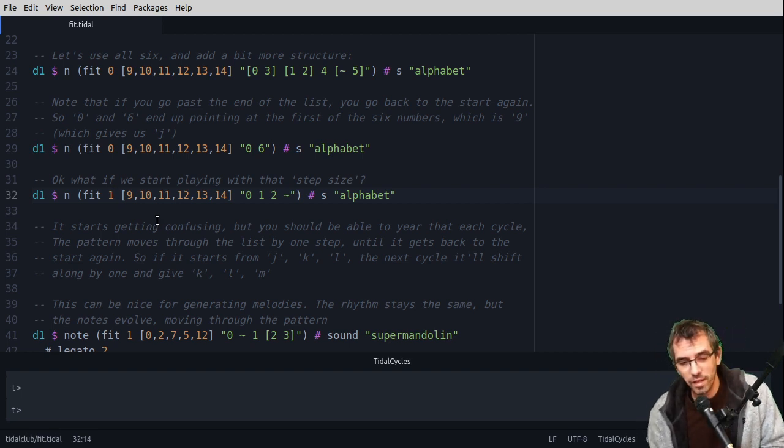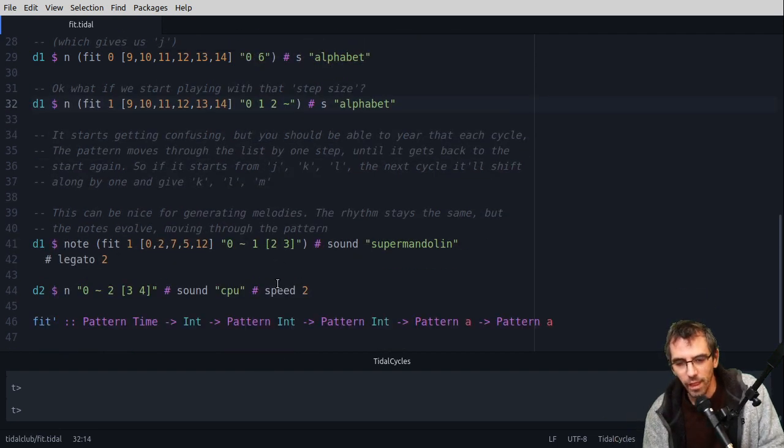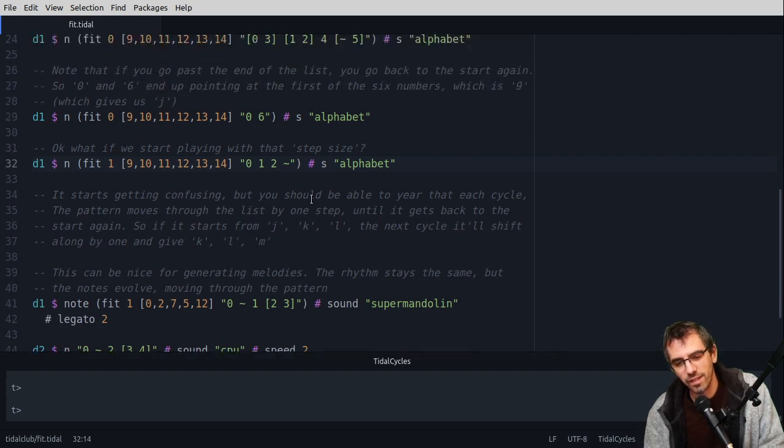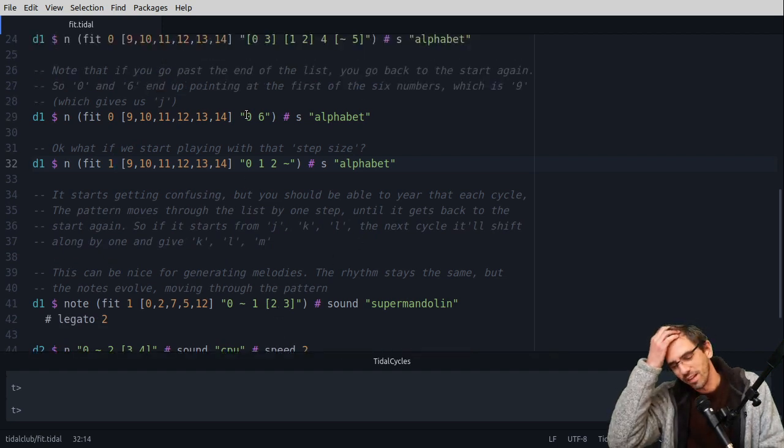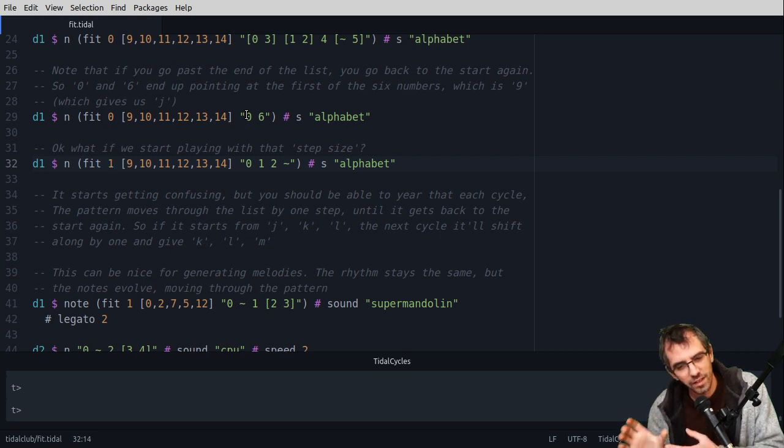So this is a way of kind of having a rhythm of indexes into here, and also having the ability to sort of gradually slide along in terms of the starting point, and eventually cycling round. So you'll hear this kind of thing in a lot of acid house things. I think you have kind of this underlying simple bass line, and the rhythm stays the same, but it's gradually sort of moving along a scale or something.